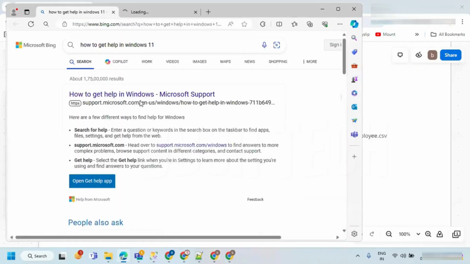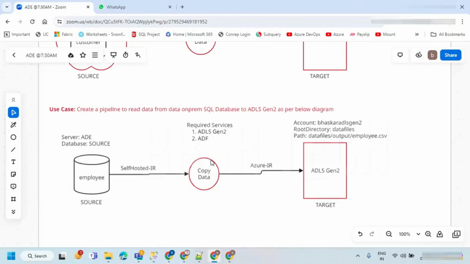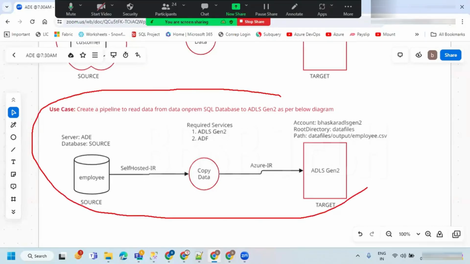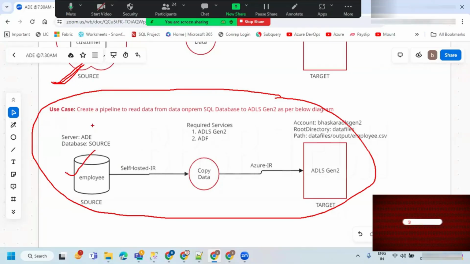So same to same, the platform is getting changed. Nothing is different. Everything is the same. The only difference is it is going to take the data from the on-prem SQL Server database. The reason why I'm going to use it going forward is that mostly we are going to take the data from on-prem data sources. That is one thing. And another thing is if I go for Azure SQL Server database every time, you have to pay some amount, right? Since you are using the service from Azure, you have to pay for it. To avoid that, I'm just taking on-prem SQL Server, because both of them are similar. The only thing is this is on-prem and that is cloud.